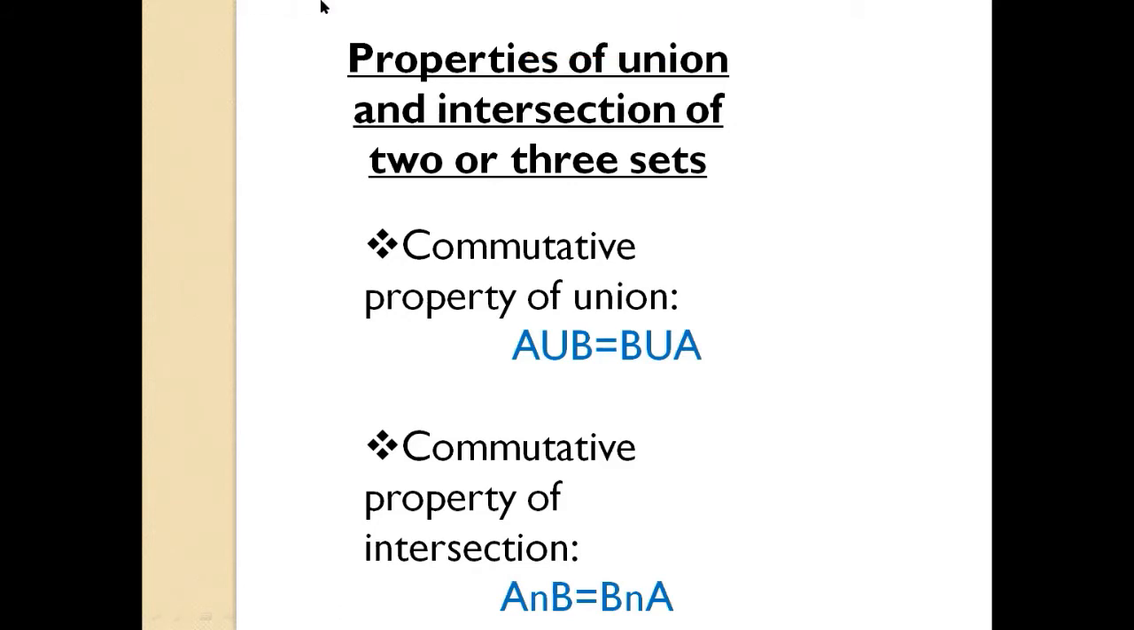Now the second property is the commutative property of intersection. A intersection B equals B intersection A. It means first you will find the intersection of A and B, and then of B and A, and both sides should be equal. The important thing is that the commutative property is for two sets. Now next,